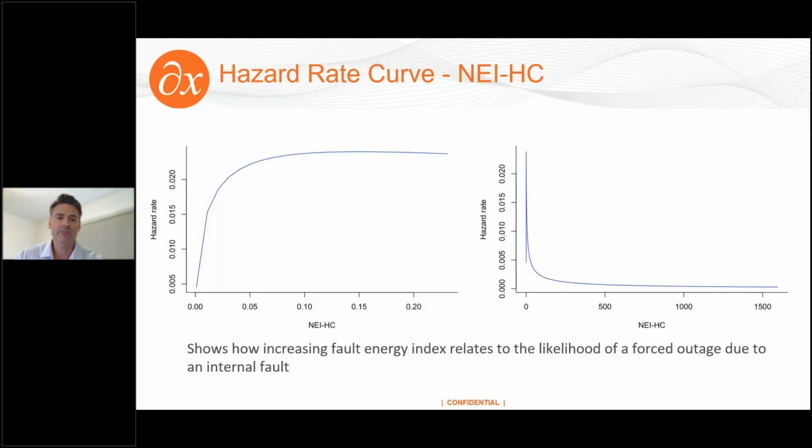So it's the same graph on the right, it's just zoomed out to an NEI scale of 0 to 1500 kilojoules per kiloliter. This graph shows a sharp initial incline in the hazard rate, followed by a sharp decline, and then a very slight decline beyond NEI approximately 100. So this again highlights that if the initial gassing does not lead to failure, additional gassing does not suggest increasing